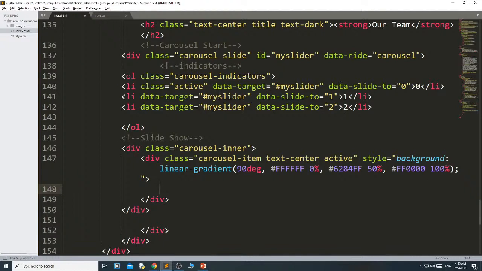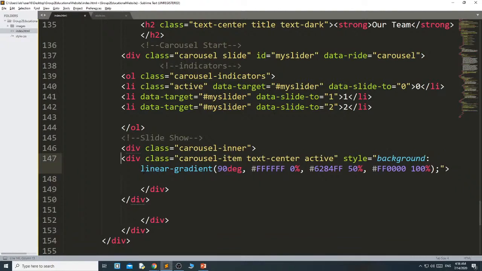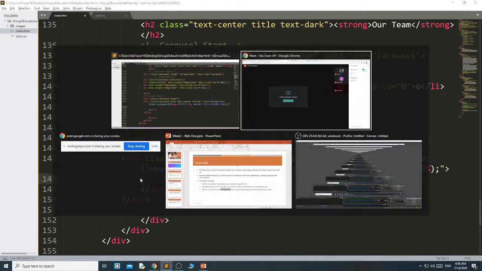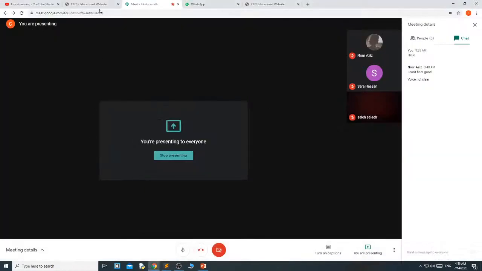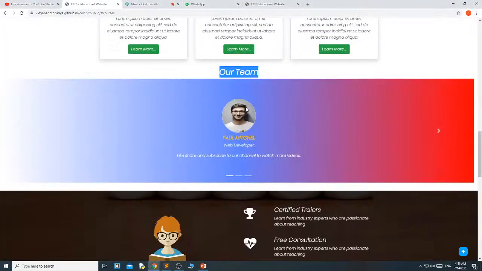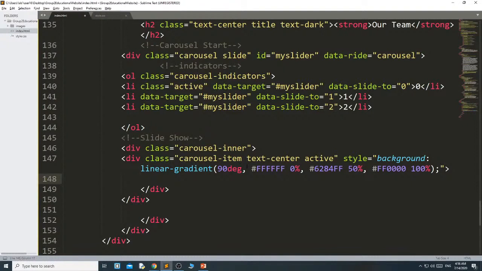Okay, inside this, what are the items I want to keep? See, in each slide in the carousel item I have 4 things: one is the image, two are headings, and another one is the description. The first one is the image.